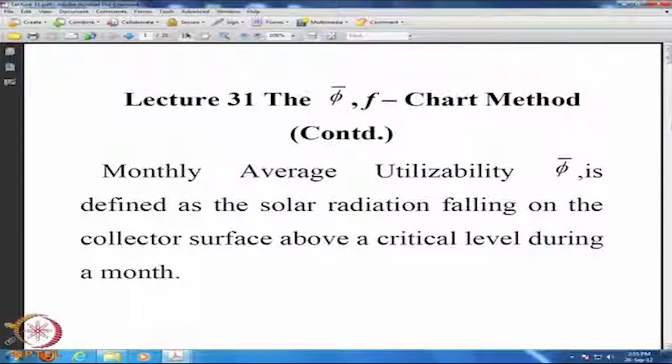We shall continue with the Weber F chart method for the sake of continuity and also to reinforce certain concepts. I am prepared to have a little bit of repetition, so that this is an important method as well as an important concept. First, we defined